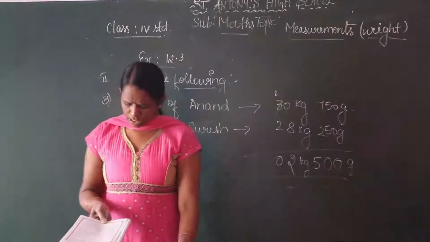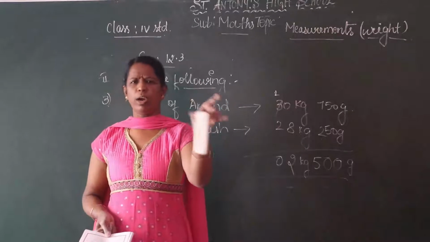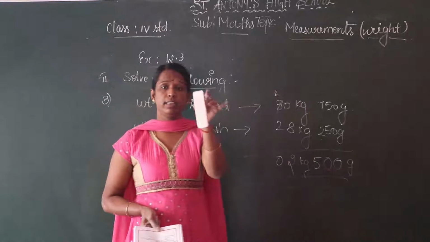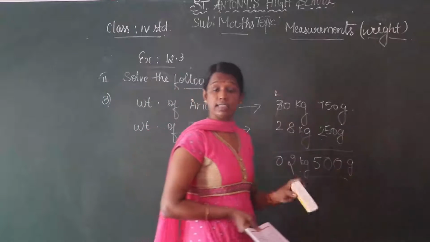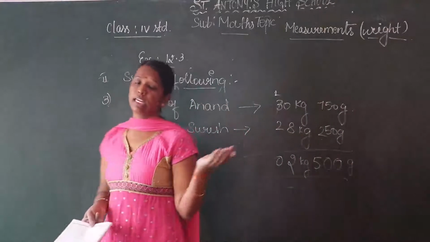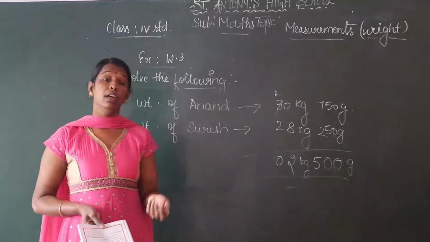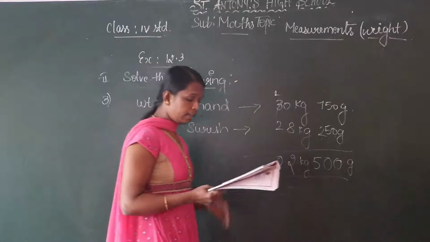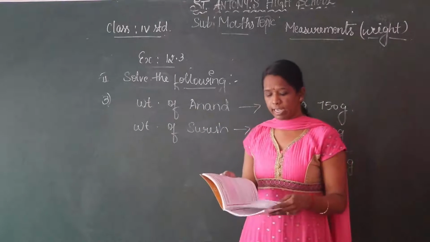For example, this duster weighs about, for example, 120 grams. So I will say that it may be 120 or 125 gram. But when we weigh this duster, you get 150 gram. Or the weight of this star, maybe 20 grams or 10 grams. But for the accurate measurement you have to weigh using the weighing machine. So other things you also have to weigh accurately and get correct weights.